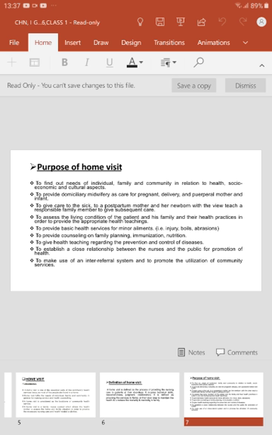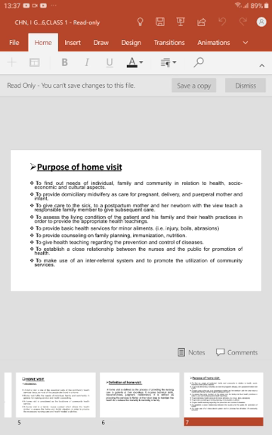Then next one is to provide the basic health services for minor ailments. So in small cases, like any small wound or small burns, because while they are cooking maybe some small burns will be there, and abrasions and all will be there, we can give the treatment. Then we can give the health education on how they can treat it as immediately as possible.